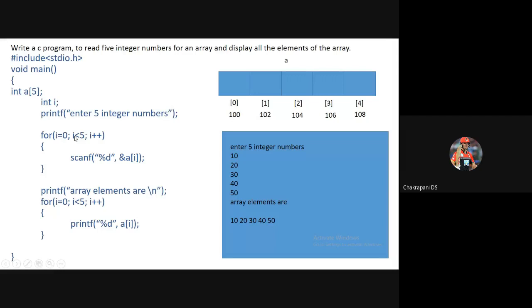I less than 5. Why am I writing I less than 5? If the array size is 5, what will be the last index value? The last index value will be 4. That's why we are writing I less than 5. I plus plus. Every time we have to increment the value of I, which represents the index value. Now, because the value of I is 0 and I less than 5, 0 less than 5,